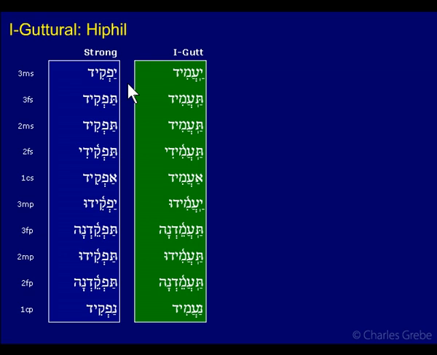And here I've compared the imperfect for the strong Hiphil and the first guttural Hiphil. And again, you'll see yafkid, ya'amid. The only difference is this here. The shava under the first root letter. Here it's simple shava. Here it has to become compound shava because of the guttural. But both of them have A-class prefix vowel plus I-class theme vowel. That is the thing to remember with a Hiphil. Is there anything else? That's it. So those are your Hiphils for first gutturals. They're very regular.